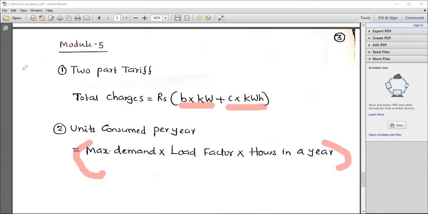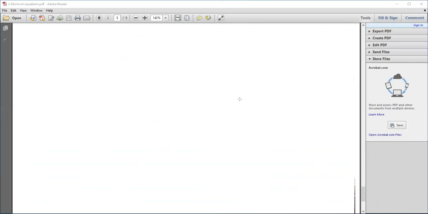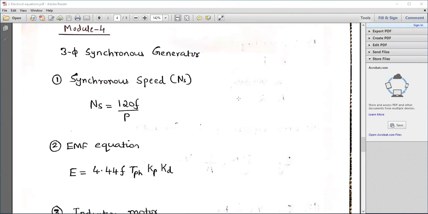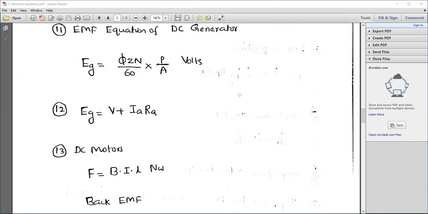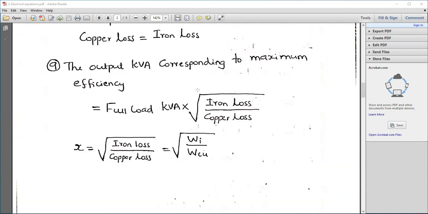So these are the most important equations. I request everybody to note them down. A few more remain. Okay, these are the important equations. In all 5 modules you will be getting some derivation as well as numerical examples. So kindly apply this